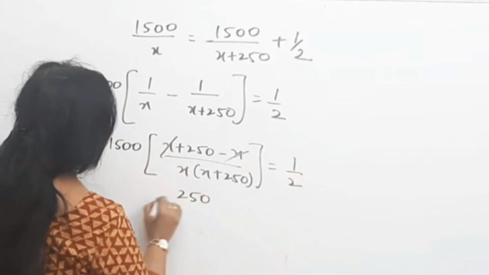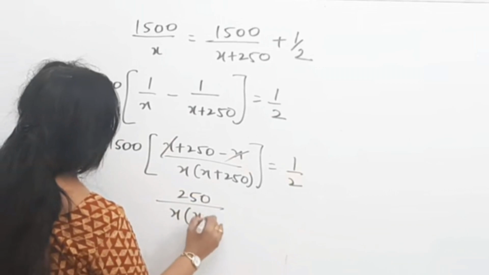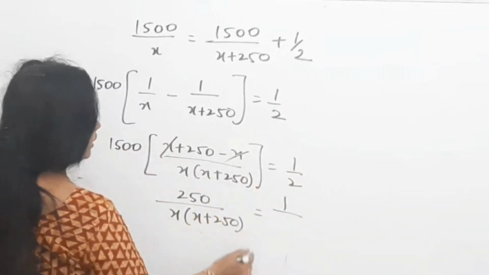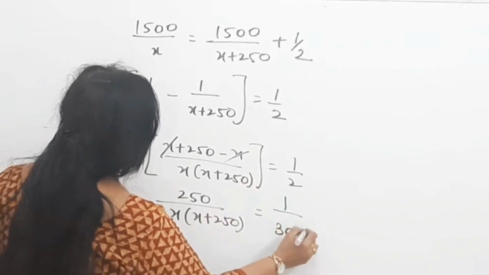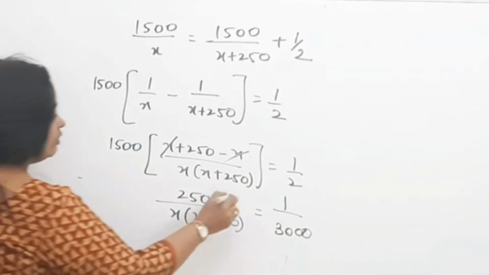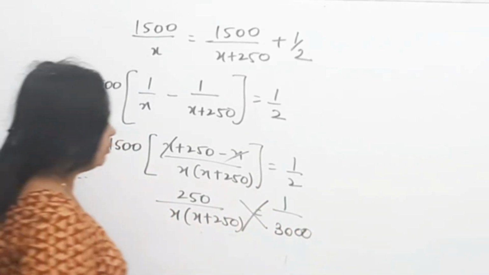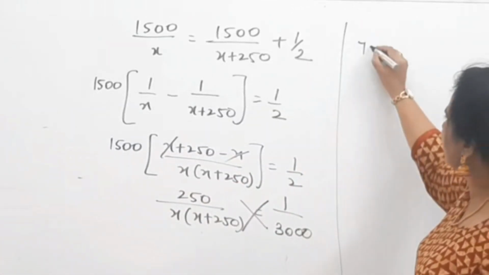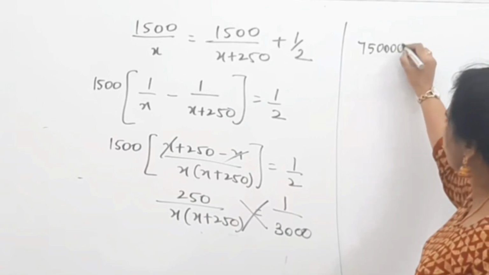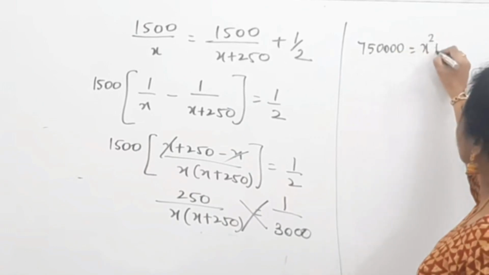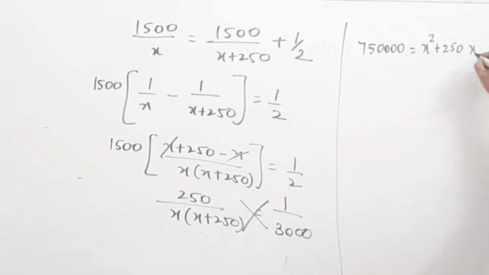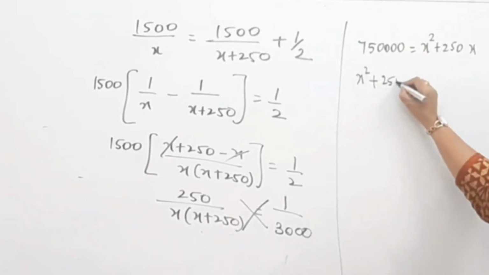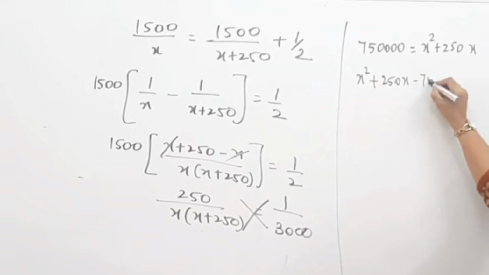So 250 divided by x into x plus 250 is equal to 1 by 1500 into 2, which is 3000. So I get my equation, and on cross multiplication that's equal to 3 into 25 is 75, 1, 2, 3, 4 zeros, which is equal to x square plus 250x. So I would have my equation x square plus 250x minus 75